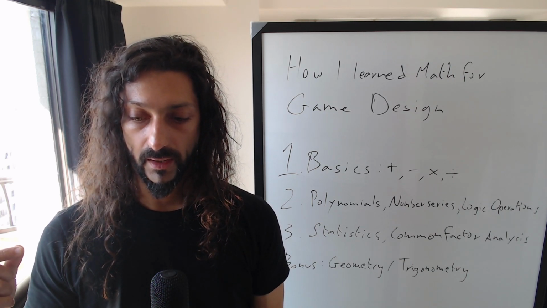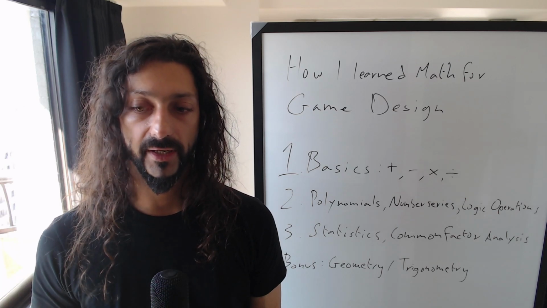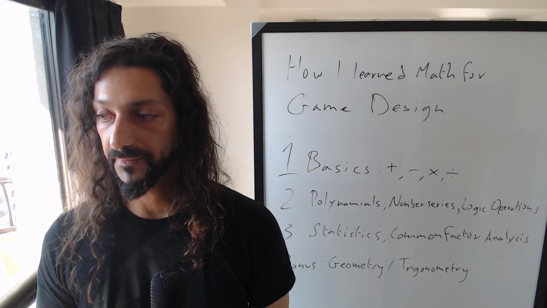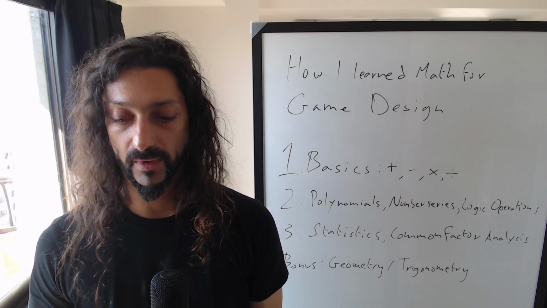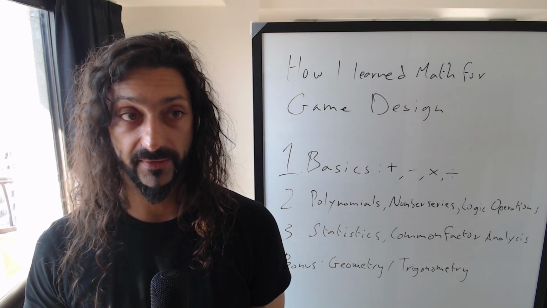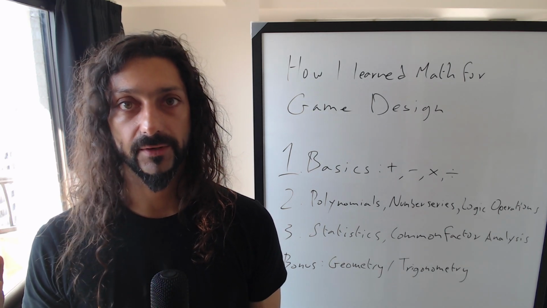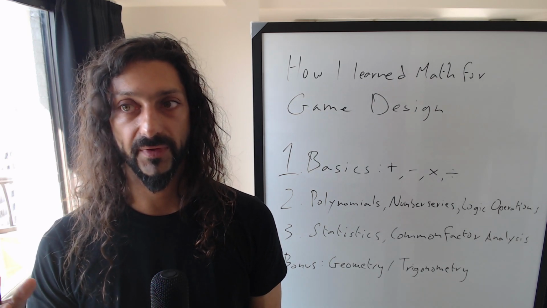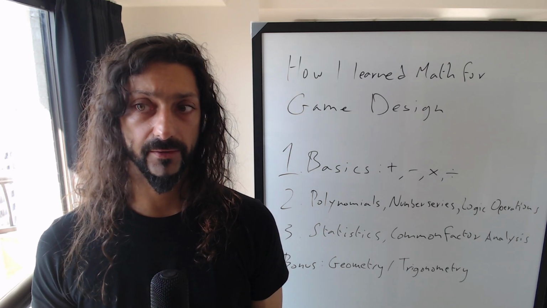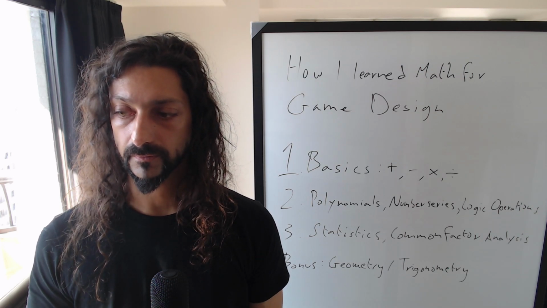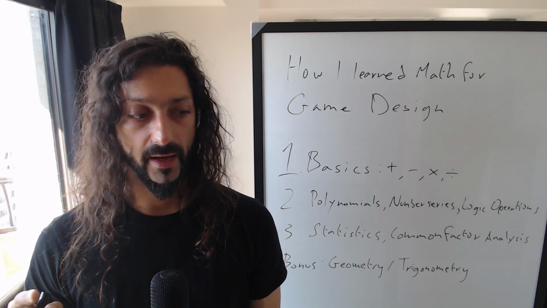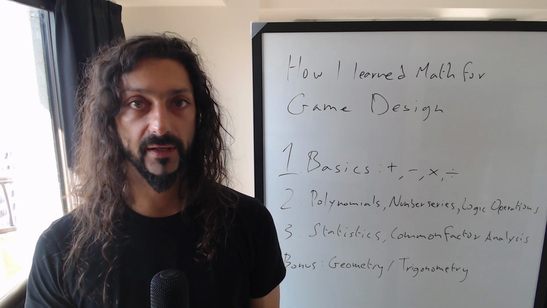So let's say you are trying to calculate the range of an attack, or something like, when some player comes into a certain zone, they get affected with a specific status effect. Having an intuitive understanding of these distances and how they change the player's experience, if you're making that sort of game, I think is very, very useful. So having an understanding of how far everything is from each other,